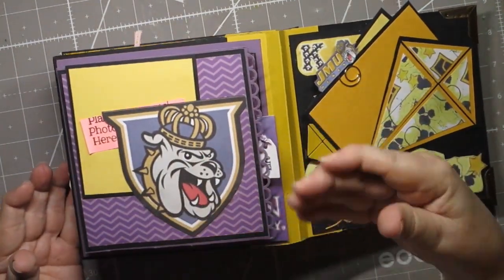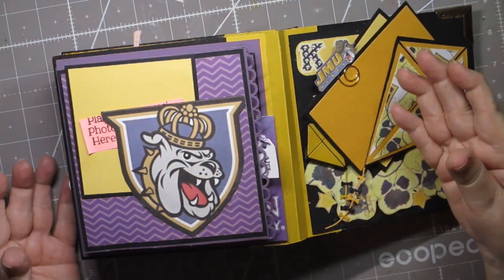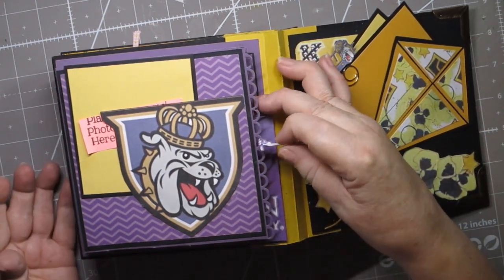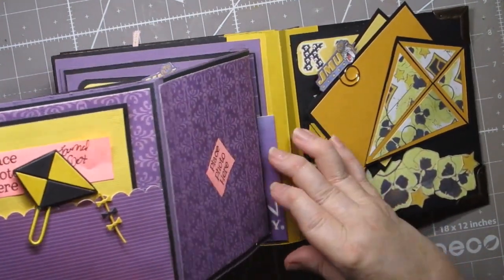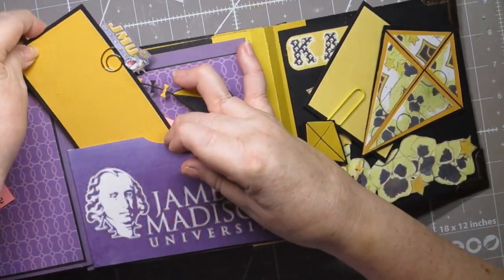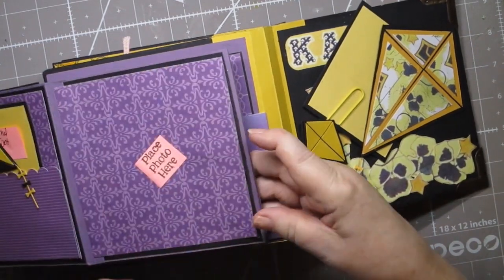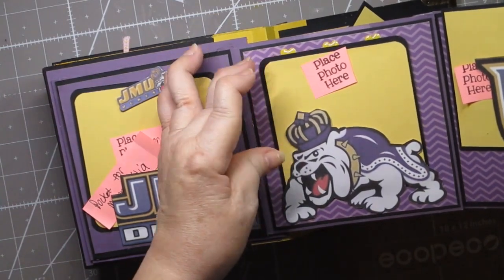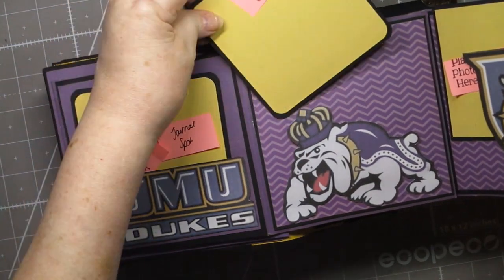It's kind of a recap of the year, because shortly after, well, you know, spring break is when school was done because of COVID. So I didn't know what to put, so I didn't put any more holidays. I just went with more pages. And then this page is a huge pocket for memorabilia, and like in this case I can put another tag in there. And there's a lot of places for photos, and a lot of them pull out. Like this one pulls out, and then there's little stars at the top. And again, all these bulldogs I got